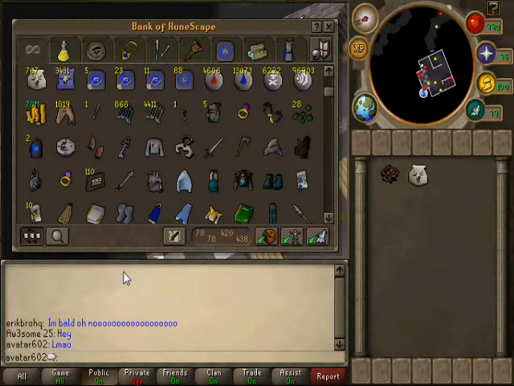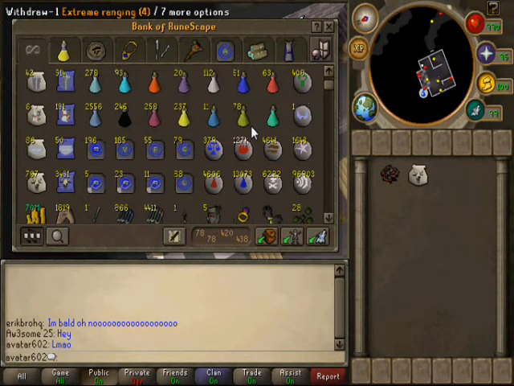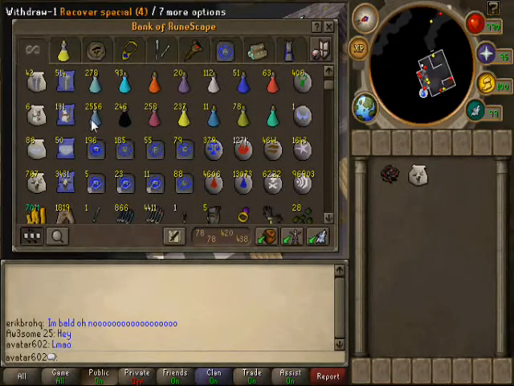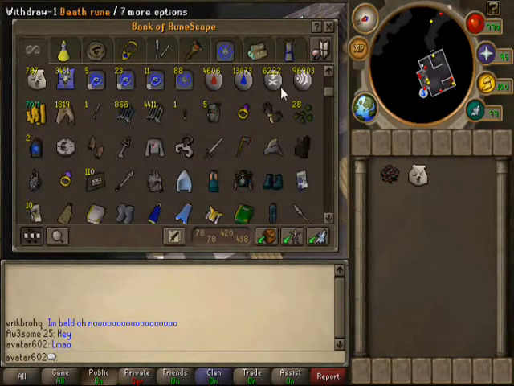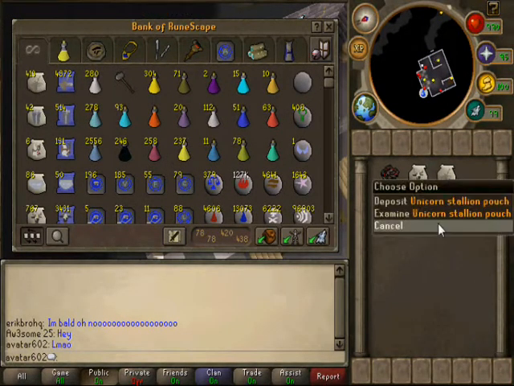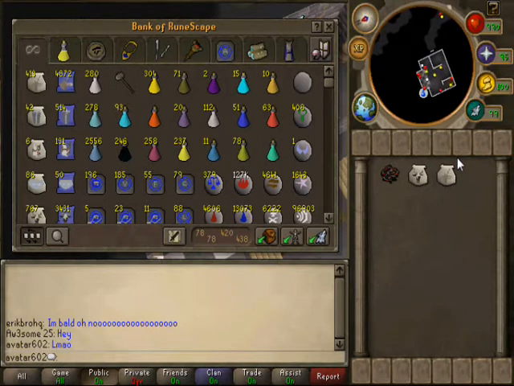Now, if you're new, I would add more sharks than prayer pots or super restores or super prayer pots to your inventory, because you cannot add any extreme potion to your yak or tortoise or terrorbird or buoyant. Any beast of burden. Let's just go with that. So what I'd say, if you have 68 summoning, fill your war tortoise with all sharks if you are good at TDs. But if you're good, obviously you're not going to be watching my guide. So if you're new,